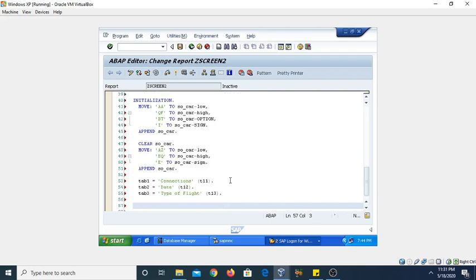Now we need to define which tab would be activated after execution of this program. So I am initializing the default tab here, and this is your airline active tab equal to date.